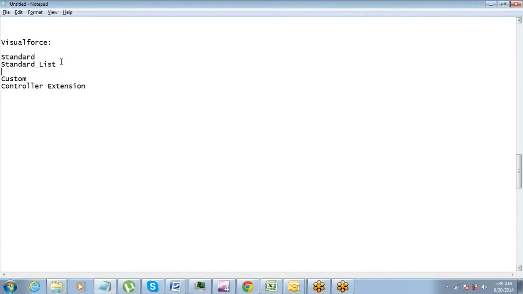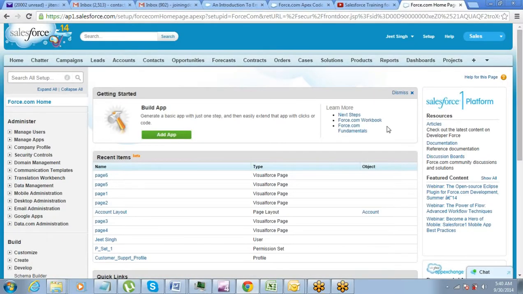But for custom controller, we have the option of writing the logics from our side. So we will not use the standard Salesforce defined logics. Instead, we will write our own logics. So when you have that kind of a requirement that you need your own logics, you want to define your own actions, the kind of navigations that you are putting, then you will use a custom controller or a controller extension, right? So how will you write your own logics? What language will you use for that? Apex is the language which we are going to use for that, right? So let's do a few examples to understand that.